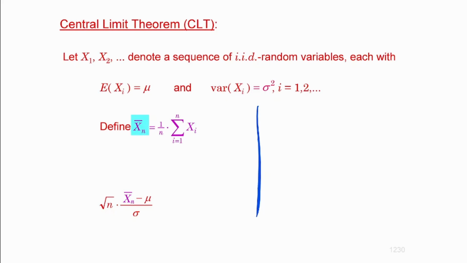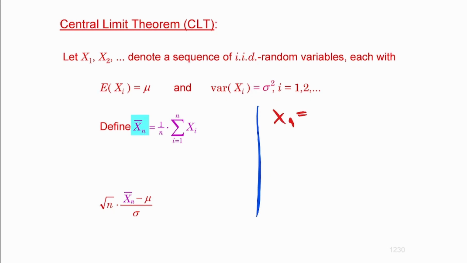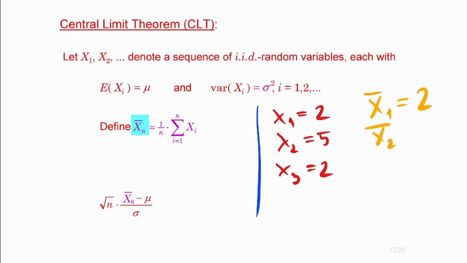If you're not sure why, I'm going to give you an example. So let's say you got the random variables first, which are here. Let's say the first observation is 2. The second observation is 5. The third observation, let's say, is 2 again. I'm going to create the arithmetic mean of the first observation, which is the sum of the first observation by the number of observations. You just got one of them, so that's going to be 2, of course, right? The arithmetic mean based on the first 2 observations is 2 plus 5 is 7 by 2, which is going to be 3.5. You understand that, guys?